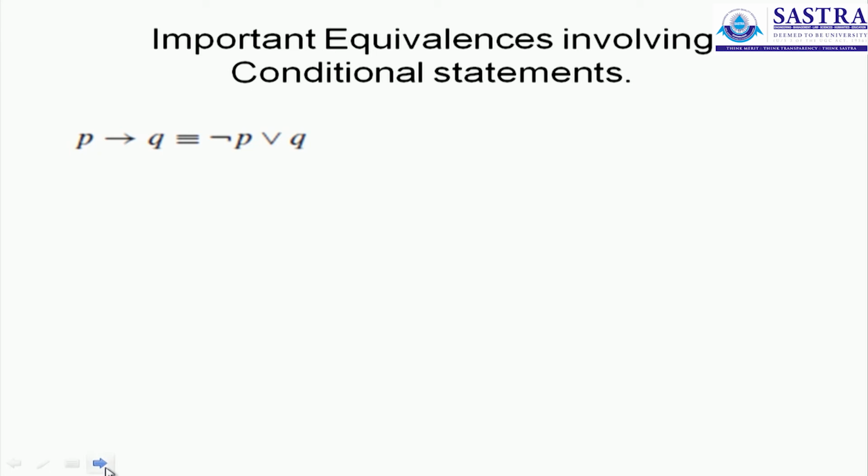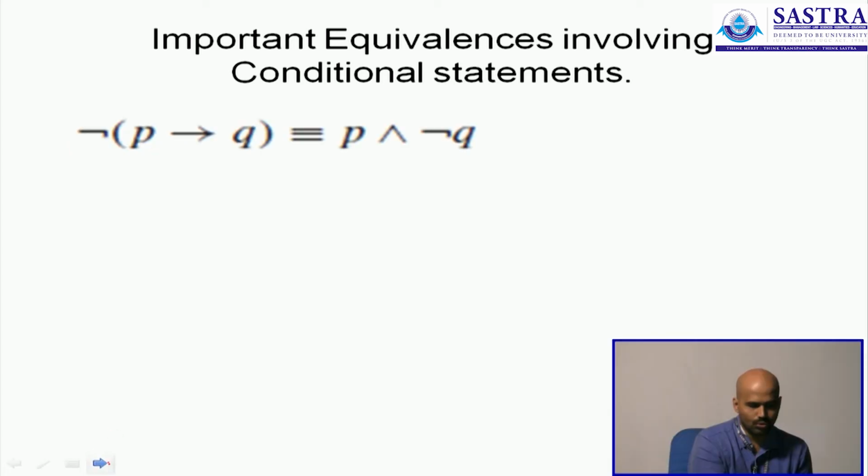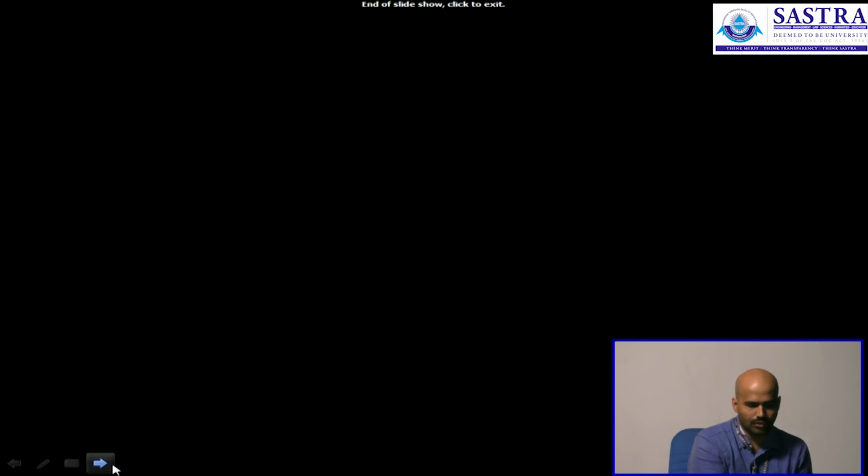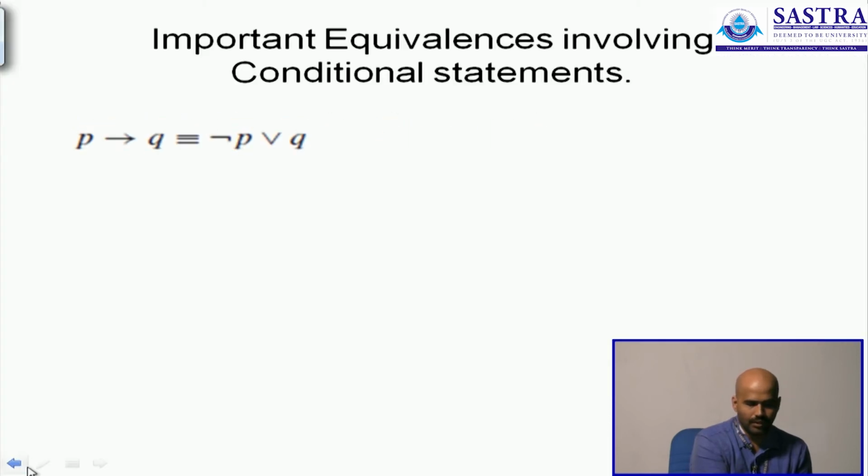significance. These are not just examples to show that they are equivalent. There is significance behind achieving this equivalence. I have just handpicked a couple of them. I am not going to prove all of them, that is a waste of time, because you are familiar with this verification, and whenever you feel like, you can always use the truth table technique and verify these for yourselves. So I am not going to establish the correctness of all of them, only a selected few, 3, 4, 5, only 5. That will be it. Only 5 conditional statements and equivalences involving them. We will have a look at these.